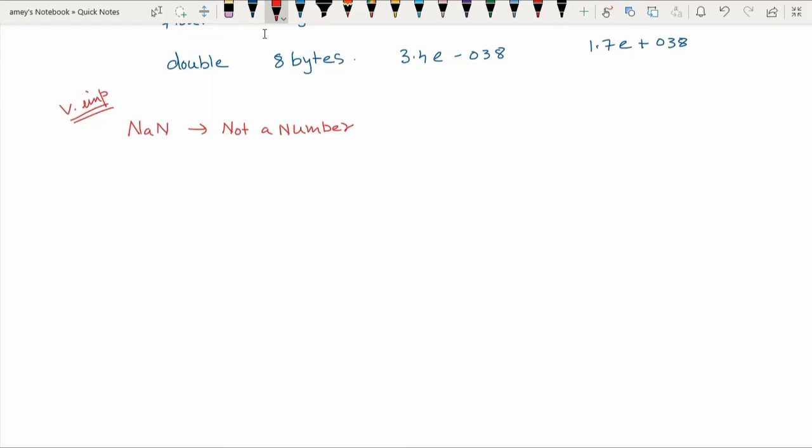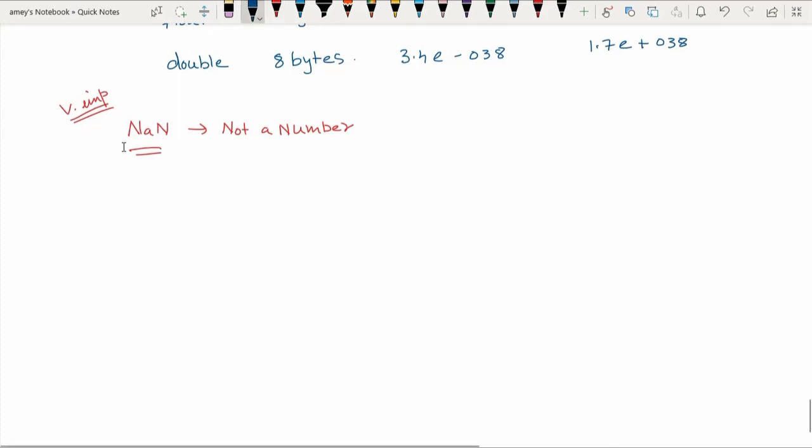It is used in places where you get something like infinity, just to denote that it is undefined. So especially when you have divide by 0, the result will be shown as NaN instead of not defined. So this is all about the numeric data types.